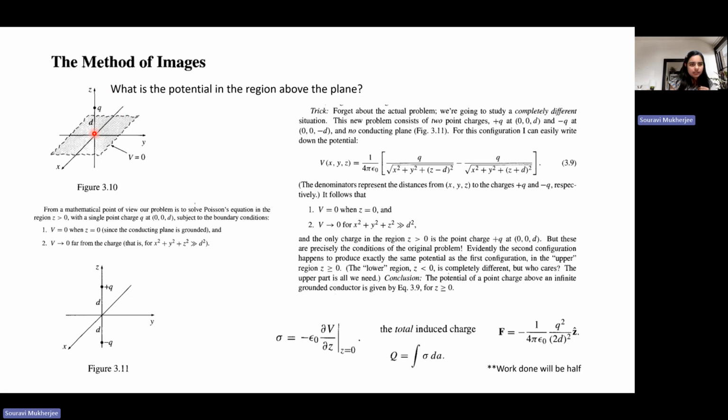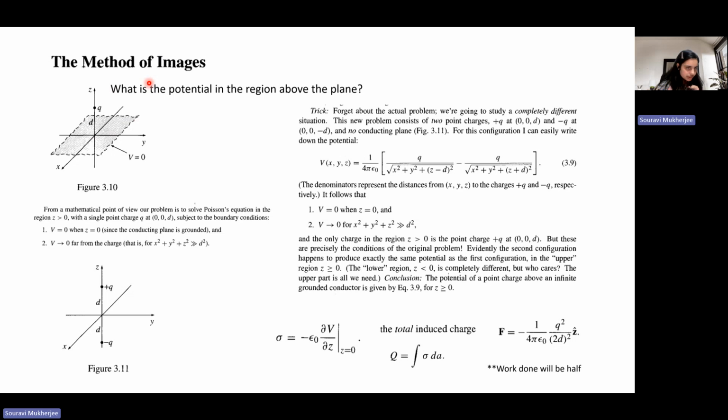If you have such a region or surface with a net V potential, you actually don't know how the charges are distributed here. You just know that the potential here is zero, so it's difficult to solve for the potential at other regions with just this information. But what the uniqueness theorem tells us is that if you can mimic this situation with a charge distribution such that the boundary conditions remain the same, with the potential zero in this plane and still going to zero very far from the charge,